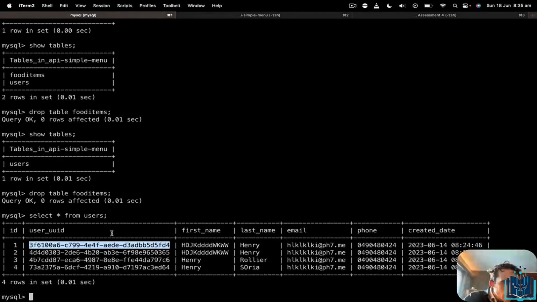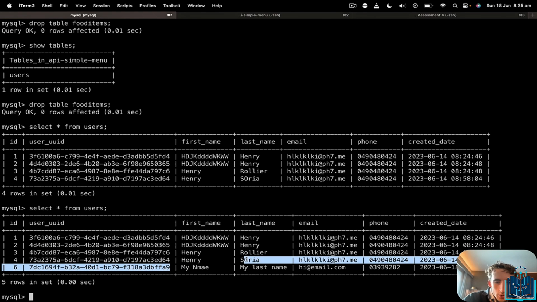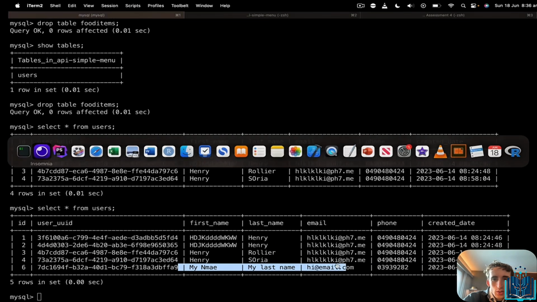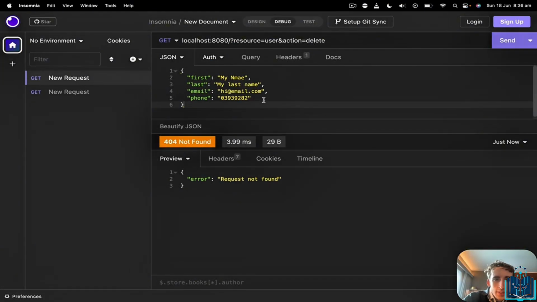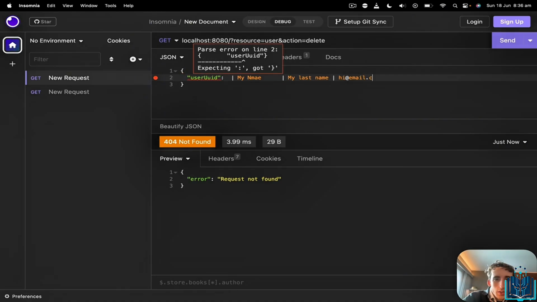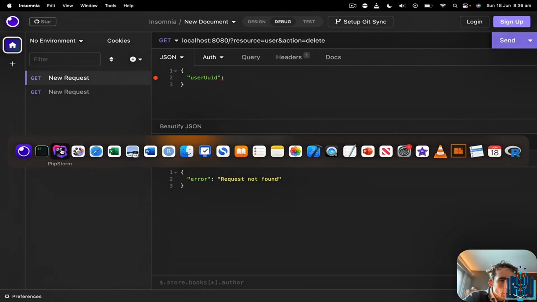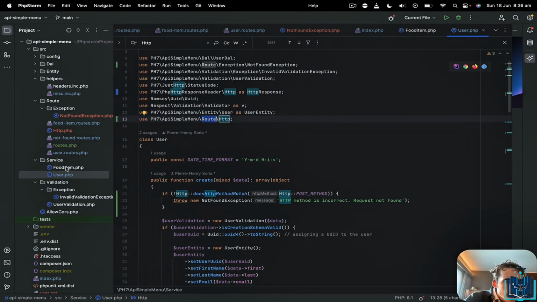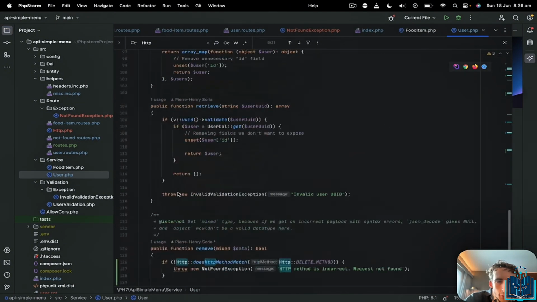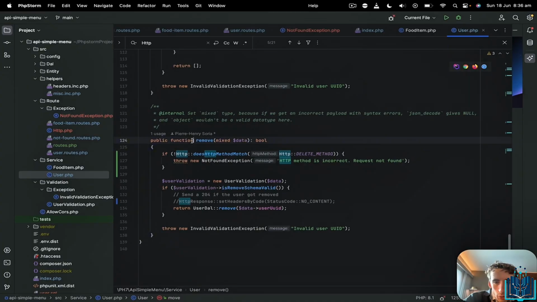and let's try to remove that user. And you see, if we check, we have the new user we just have created. So now let's check with delete, and here it will be user UUID. Indeed, because for the delete one, if you remember, when we remove a user, we are